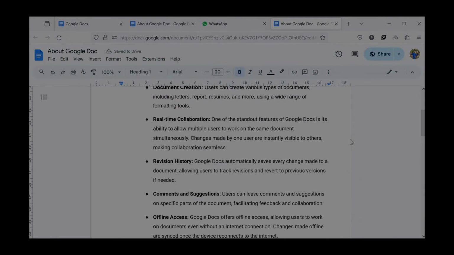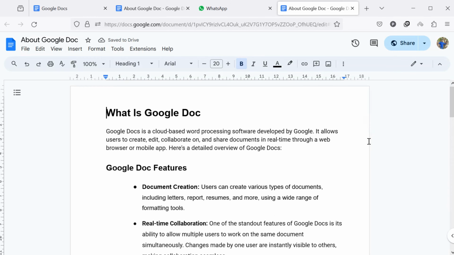Today, I'll guide you through how to share Google Docs on WhatsApp. If you've been searching for a way to send a Google Docs document link in WhatsApp, you've come to the